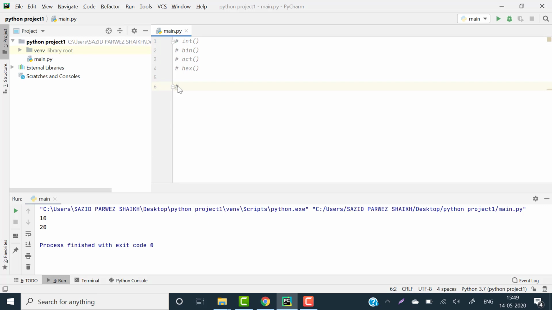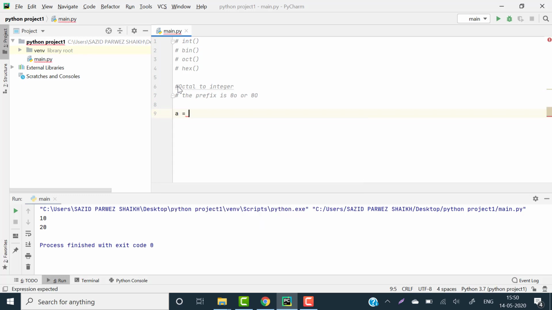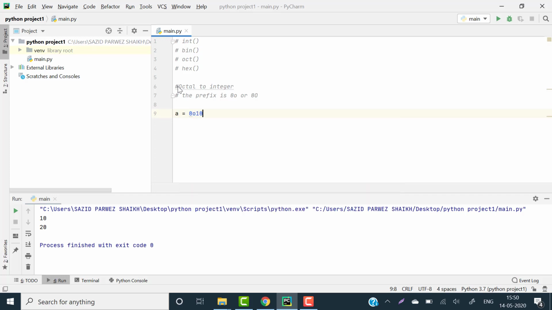Now we will convert octal to integer. We know the prefix is 0 and O. O may be lowercase or uppercase. So let's check some examples. a is equal to 0 lowercase o 10.